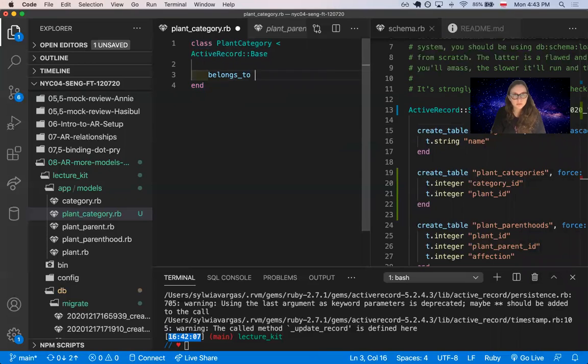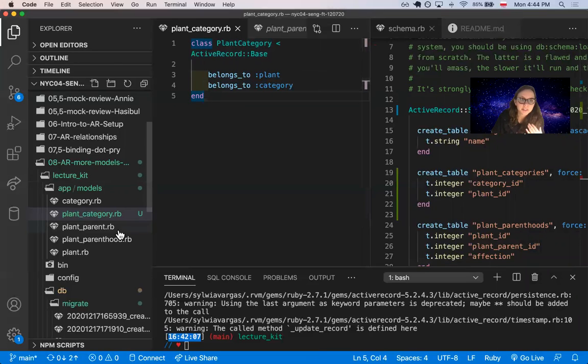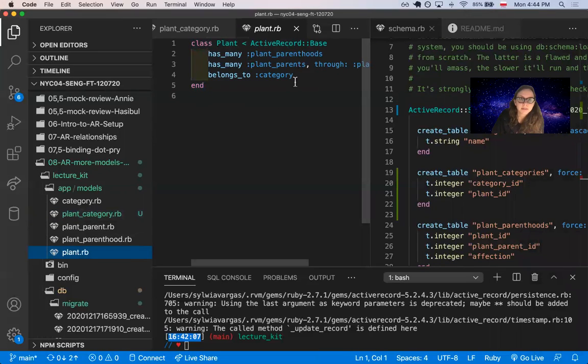Belongs to plant, belongs to category. Now, we also need to do that on the other side of the equation, right? So on the plant, has many plant categories, plural, has many categories